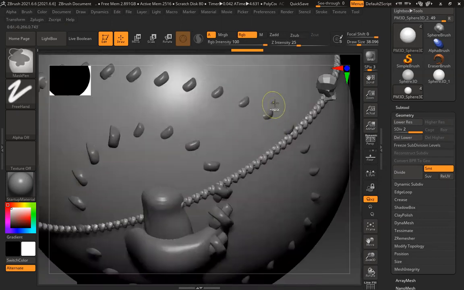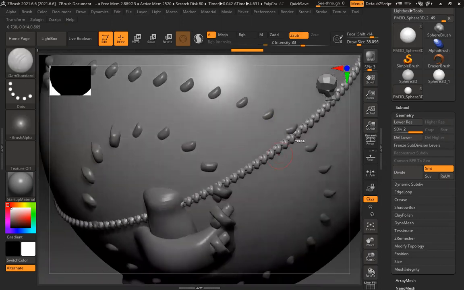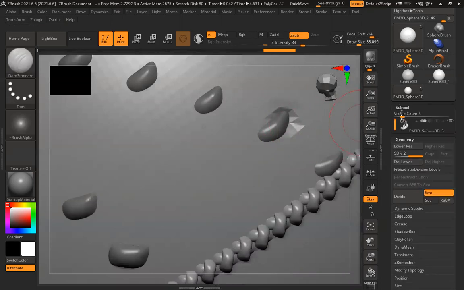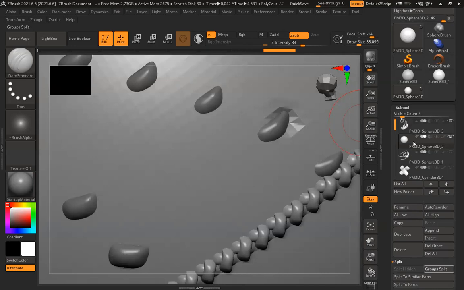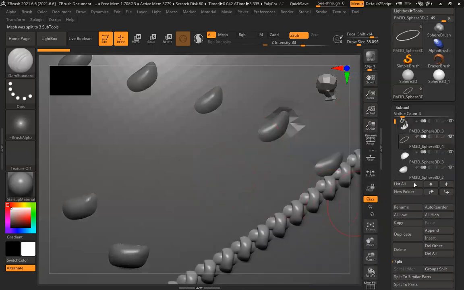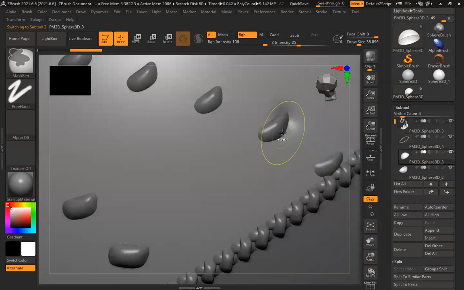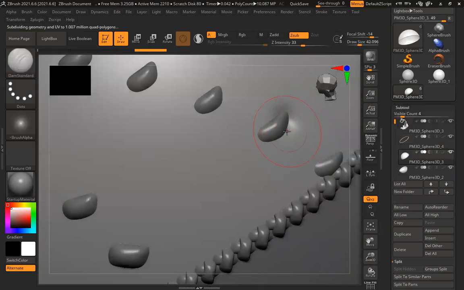Okay, so suppose I want to create those depth holes. I'll simply go to my model, and there's not enough polygons, so I have to split group. Suppose this is this part. Control D multiple times, and now I'll create those holes.